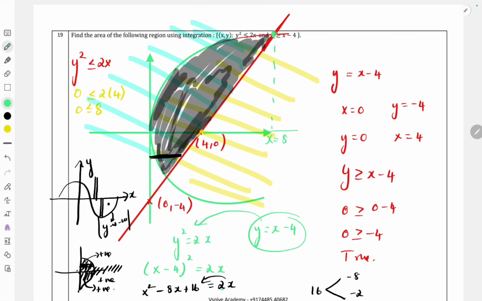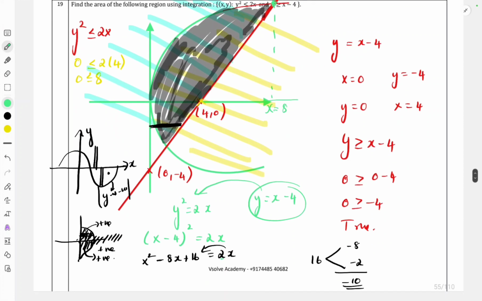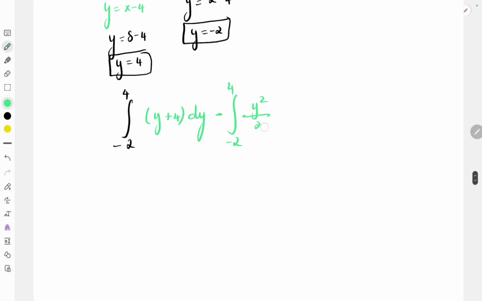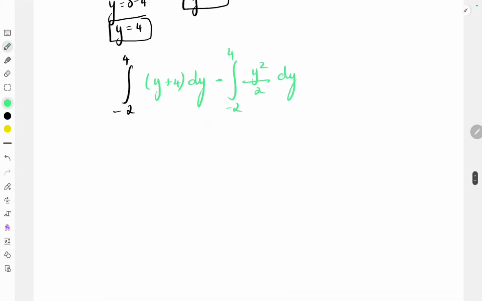So which means this graph will be y square equal to 2x, which means x will be equal to y square by 2, and here dy we have. So this part we have to calculate, this will be the final answer. So y square by 2 plus 4y and -2 to 4 limit, so -1 by 2 I can take common,